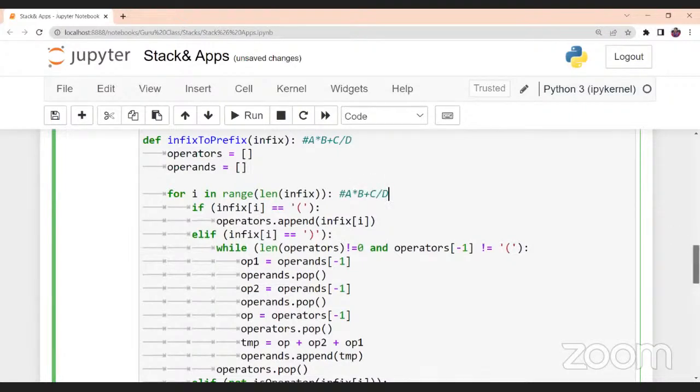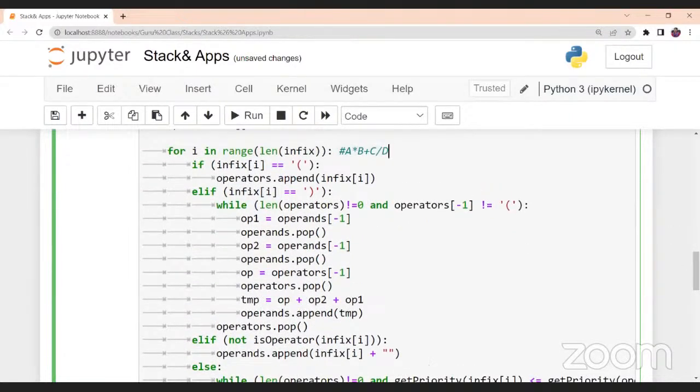First of all, we will work in one by one manner. For example, first it will check this A. So first of all, it will check whether any of the brackets or parentheses are there, because it is going to have the higher priority, right? So that's why it is checking for those things.